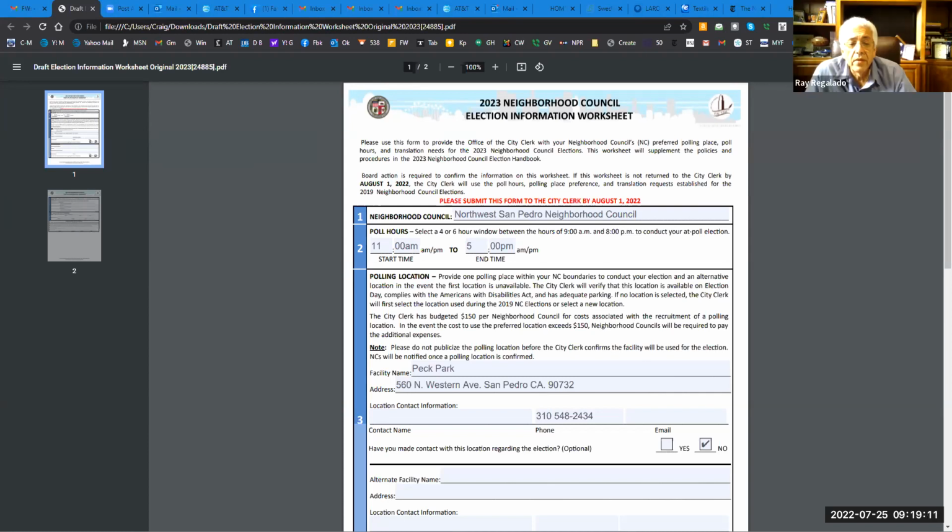Okay. So at this point, I can ask them if there's a problem with them moving it, but their justification seemed, going along with what Craig said, like it's fair. Since we were last, the other neighborhood councils were complaining that they were too early.